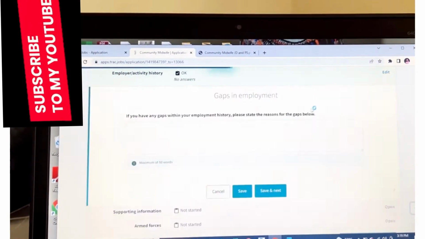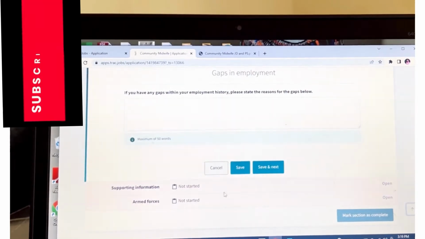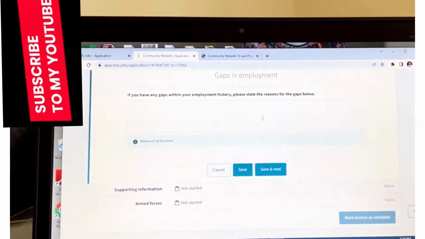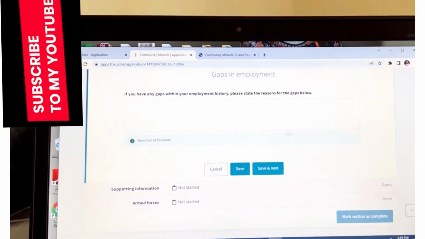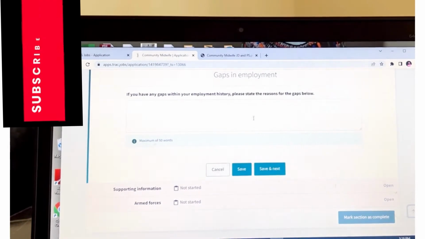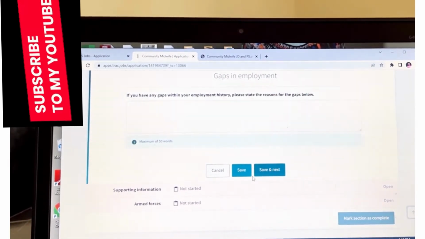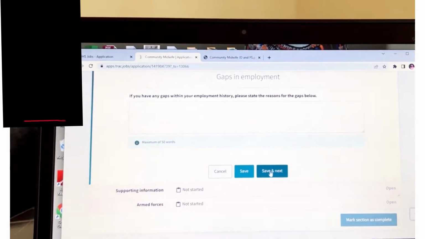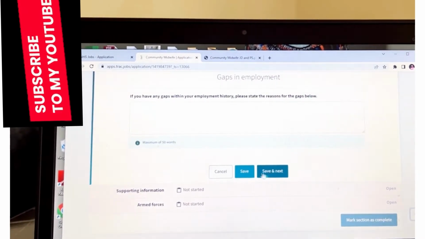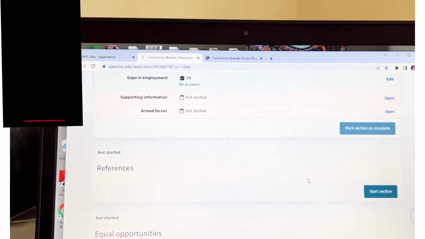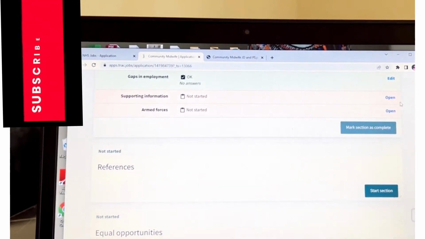This has to do with any gap in the employment you've written above. For instance, if there is a 3-month gap when you were not doing anything, you have to state it. What happened? Were you sick? Were you on maternity leave and all that? Why were you at home not doing anything within that space? You need to state it there. You save and continue. Then the next is supporting information,